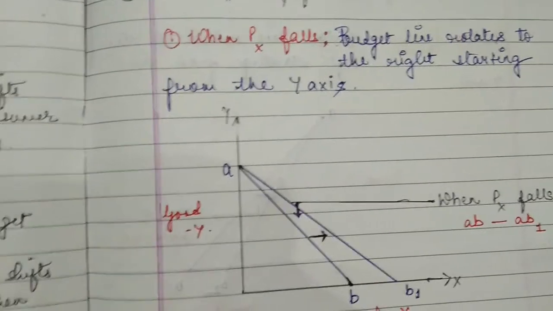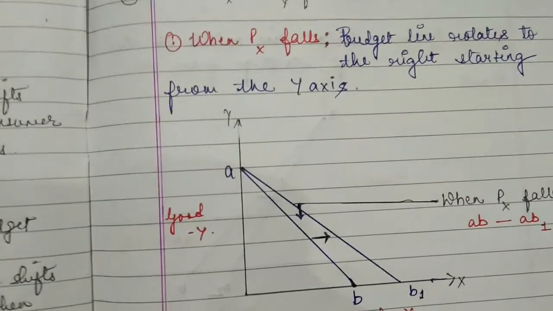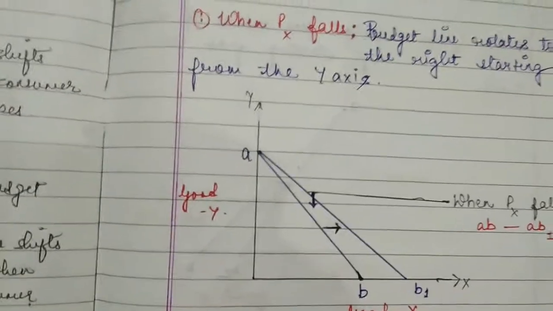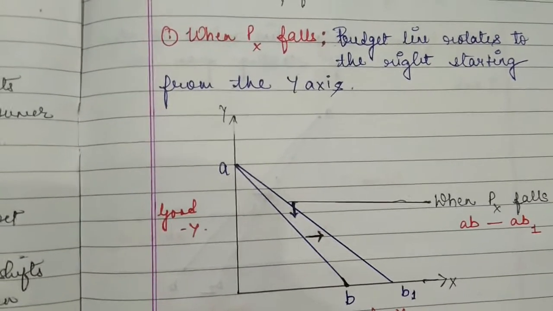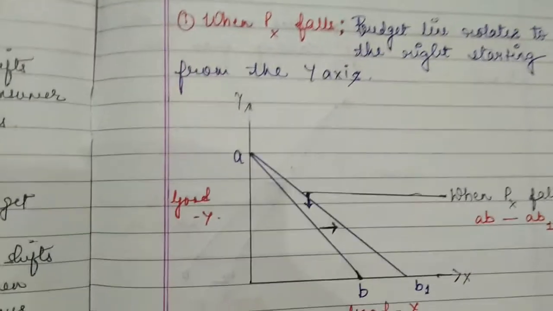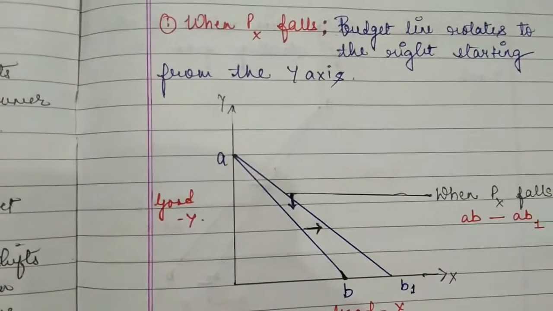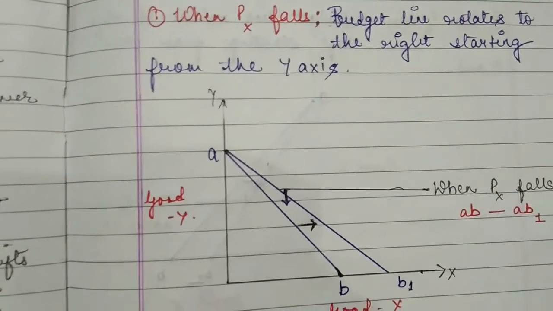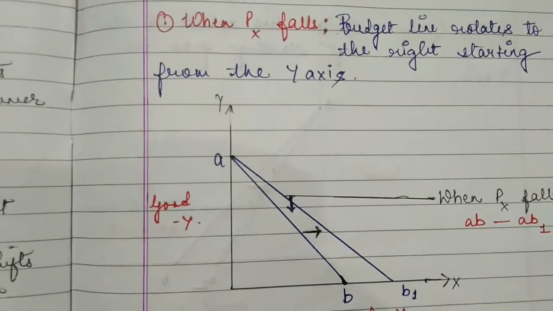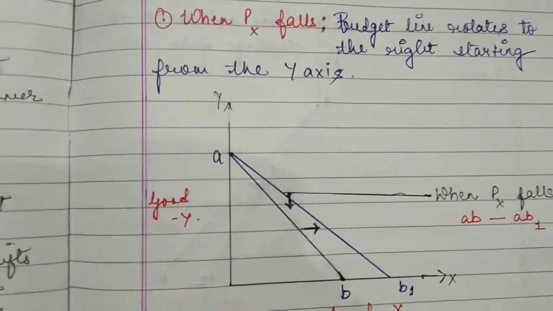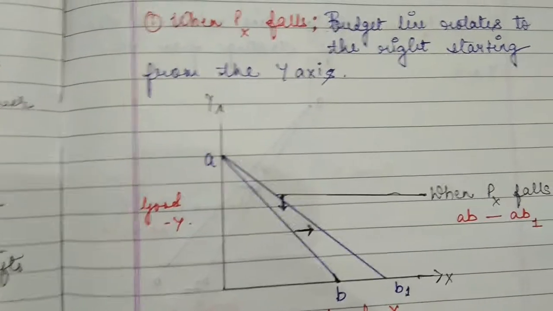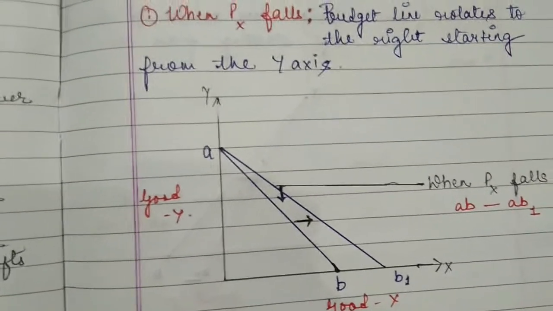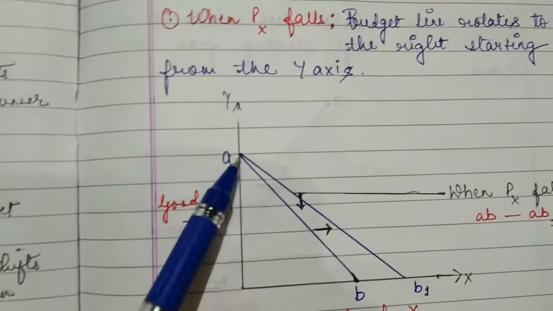Let me make you clear. Suppose you are sitting at your own place, or you are standing, and if you take a turn of 90 degrees or 45 degrees, then it means you are rotating. But as soon as you leave that place and move to another place, wherever you are sitting or standing, you move from there to another place, that means you shifted, you didn't rotate. But if you are sitting and you are just moving 90 degrees, 45 degrees, 60 degrees, whatever angle you are moving, that means rotation. So you can see here the place is not changed.